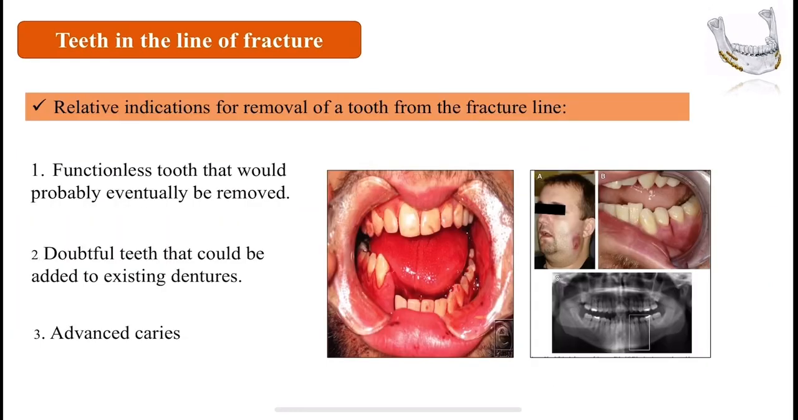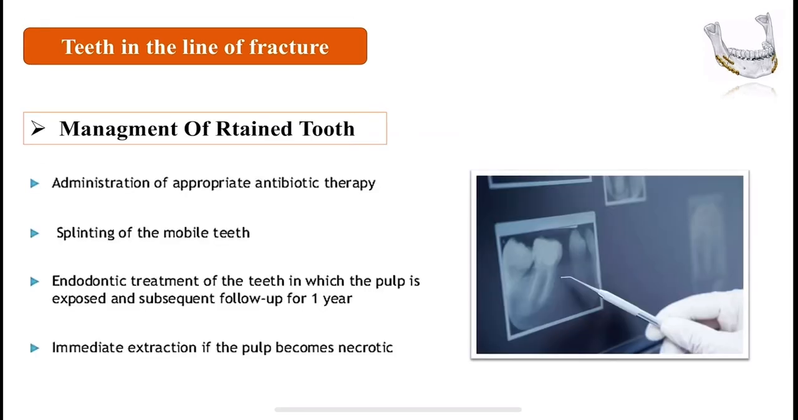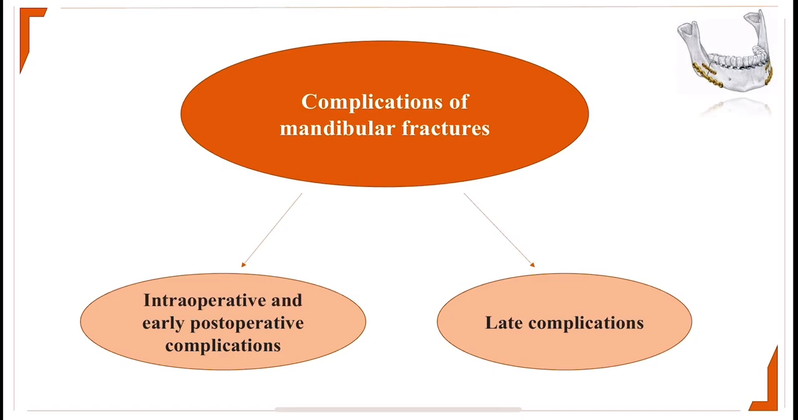We have relative indications for removal of a tooth, which are functionless tooth, doubtful teeth, which we can add to the existing denture, and advanced caries. If I do not have any indication, absolute or relative, we can manage the retained tooth by administration of the appropriate antibiotic therapy, splinting of the mobile teeth, endodontic treatment and follow-up for 1 year, and immediate extraction if the pulp becomes necrotic. Now we will talk about the complications of the mandibular fracture, which can be divided into